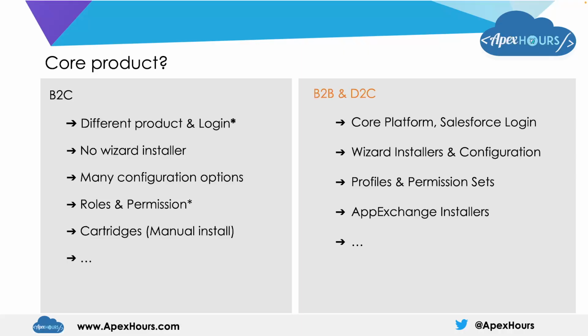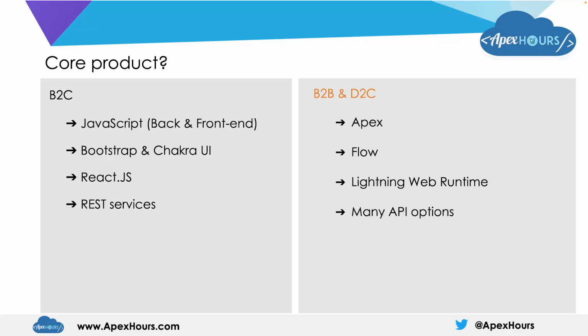And as a developer, there are also some major differences. What's the development language in B2C Commerce Cloud? Well, that's JavaScript for both the back and the front end. Combine that with some CSS like Bootstrap. And if we're going into React, which I will explain at a later stage when we're looking at the different options for the front end, we have Composable Storefront. While on B2B and D2C, you have familiar Apex, Flow, Lightning Web Runtime,